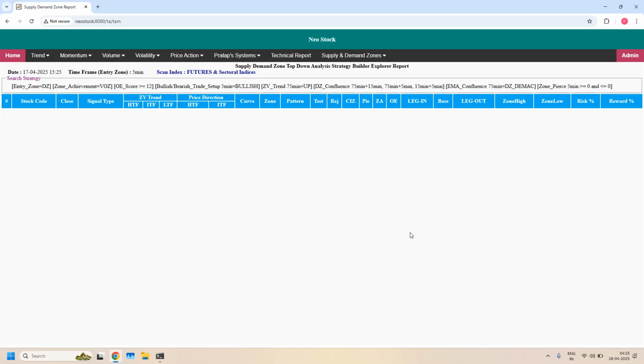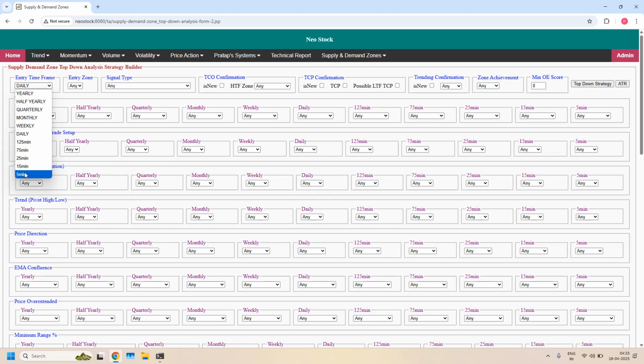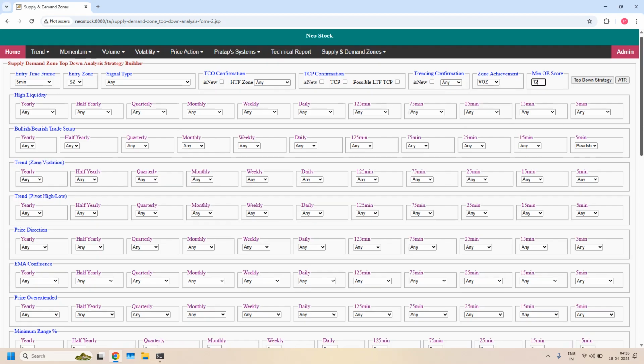Okay, this is bullish trade setup for hourly income trade. Next we will generate bearish trade setup for hourly income trade. Entry time frame 5 minutes, entry zone, supply zone in bullish or bearish at 5 minutes. I am selecting bearish. Zone achievement VOZ, minimum odd enhancer score 12, and 5 minute supply zone should not be